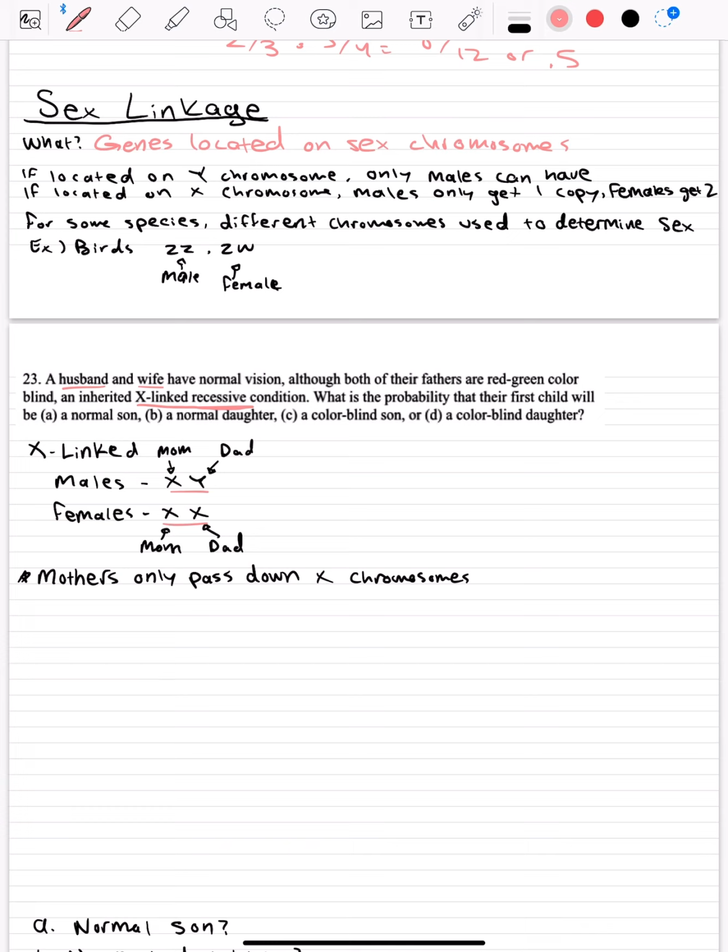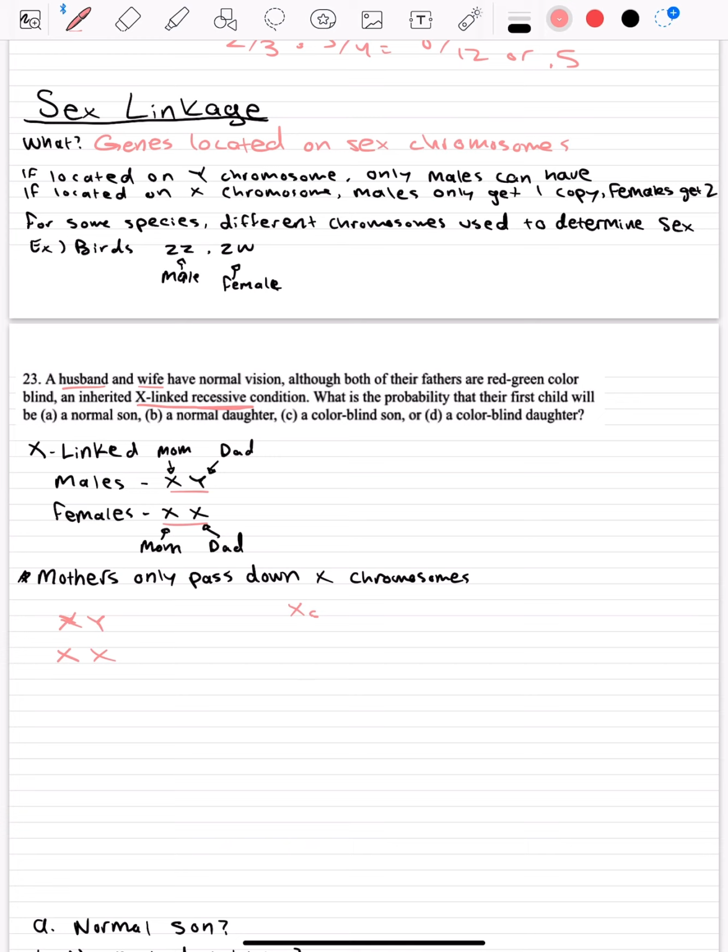Females can only pass down X chromosomes, whereas males can pass down both an X and a Y chromosome. So the husband's genotype would be XY. The female's genotype would be XX for the sex chromosomes. Since the husband is not colorblind, he inherited a working X chromosome, meaning he has the genotype XY. Let's say XC stands for the colorblind chromosome, the chromosome that has the condition, the mutated allele,